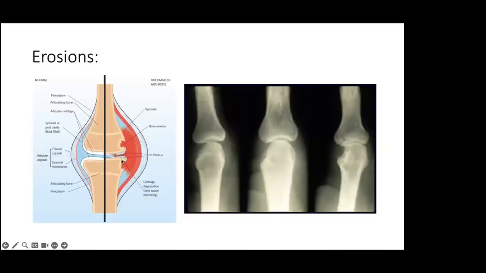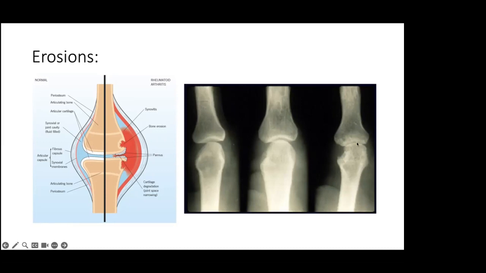So what causes erosion? This is the same picture that I showed you earlier. When you have this inflammation in the joint, this inflammation will erode into the bone, causing the cartilage to be thin and irregular as well, and joint space will become narrow as well. So exactly the same as this area, you can see that initially you may just get a little bit of erosion here. As you don't get treatment over time, you get bigger and bigger, then you can get very big erosion here. So imagine this particular joint not going to be very stable, then you get deformity, or sometimes you